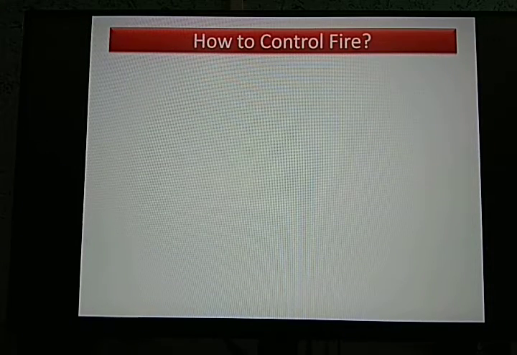Now we know every year a lot of fire incidents take place. So how do we prevent this kind of situation, or how do we overcome it? Now let us know the factors that lead to this fire. So as you can see in the figure,